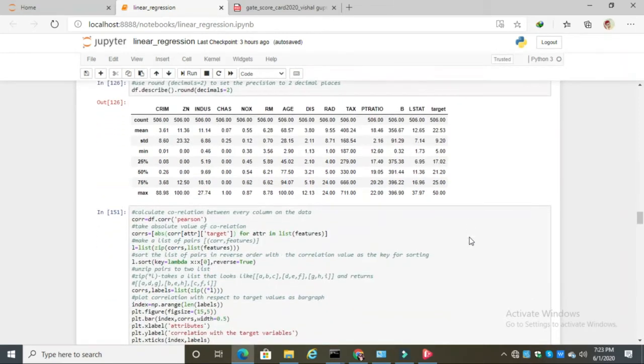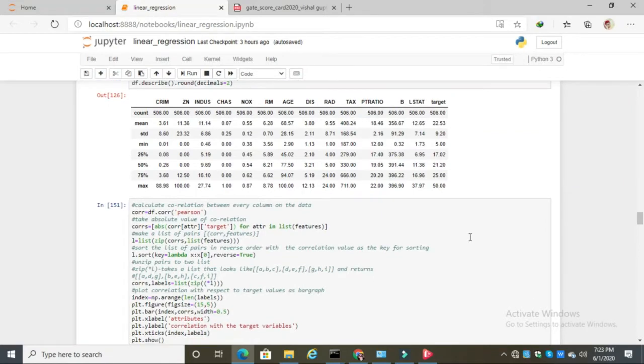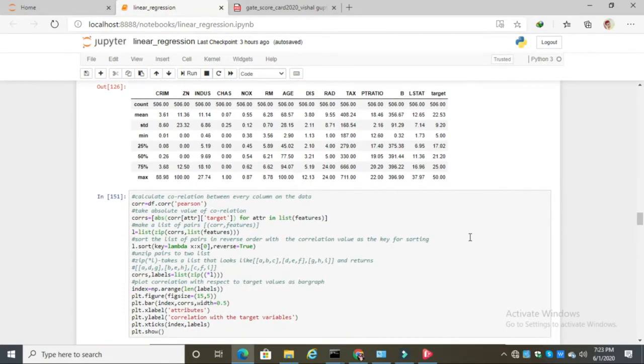Okay. Now we have to find the correlation between the target values and the features. Correlation is basically the dependency rate of features and the target: how the change of a feature depends on the change of the target.